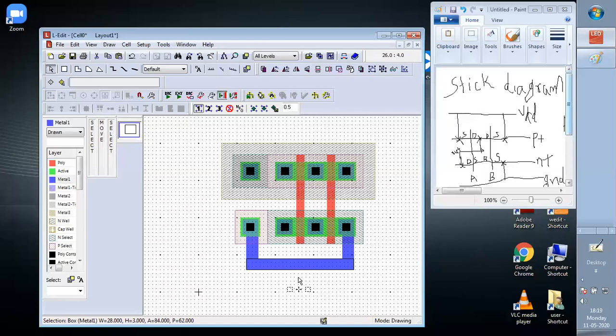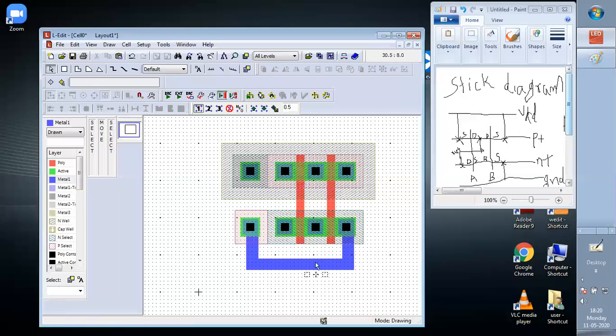So this is 3 now. This is 3, this is 3. Here you can see there is a line over here, but when I click on another side, it will be removed, because the same material is there. See here now. They are connected together and this is GND.